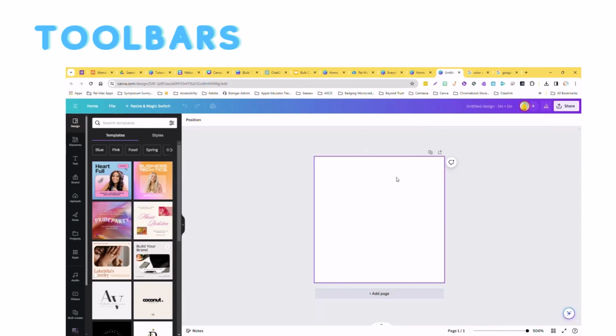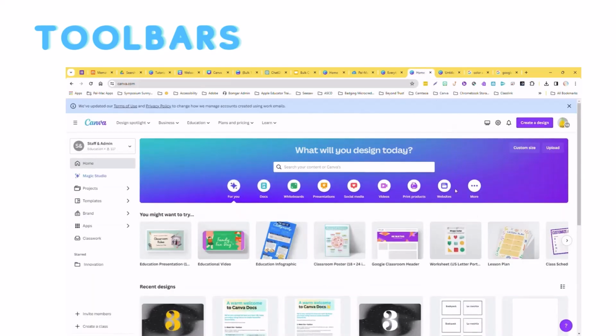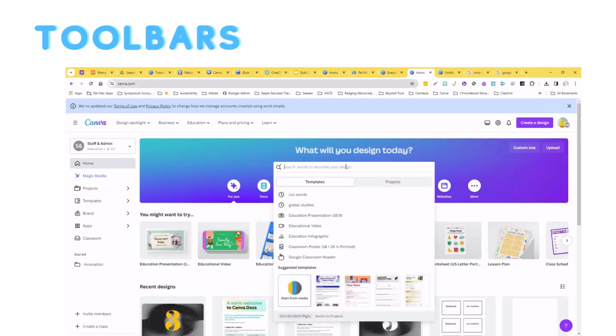Continuing on with some of those customizations, I'm just going to take us back home again. Remember, anything that's here, your recent designs come up, you can go right through here. This part where it says for you, they're giving you suggestions. If you click right in here, it'll use Magic Studio. So you can start to say, create